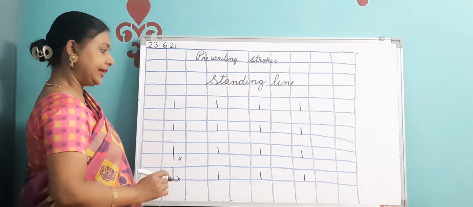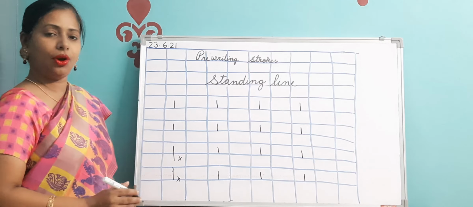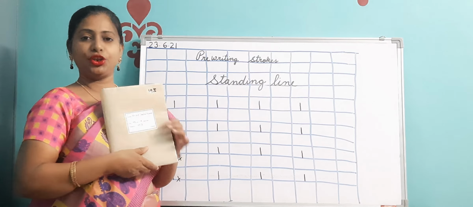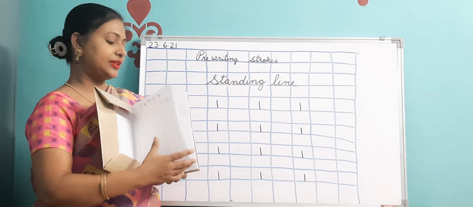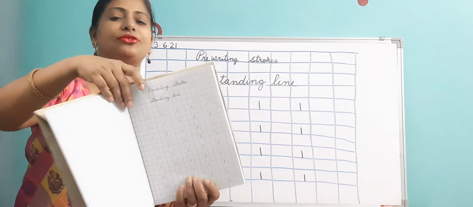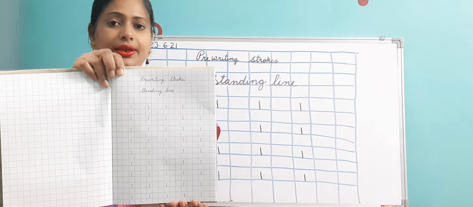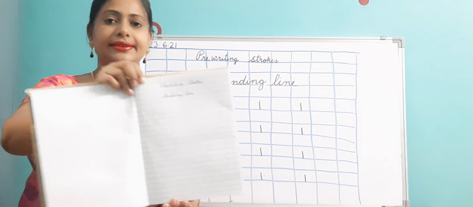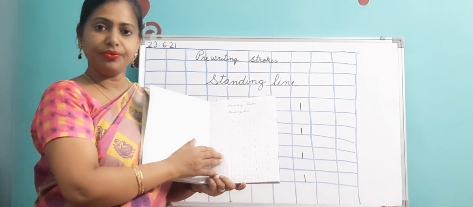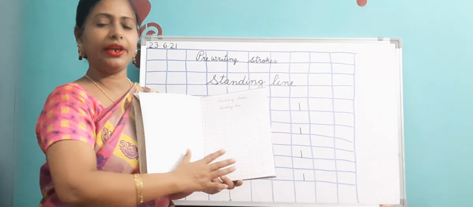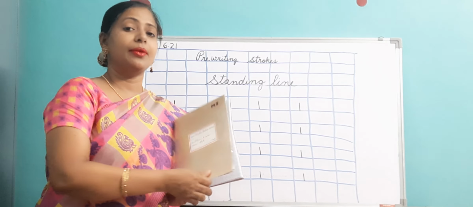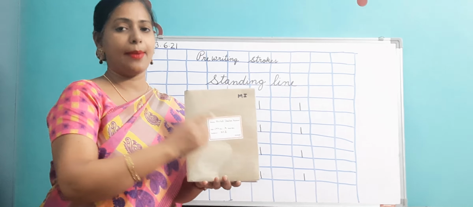Okay children, like this you are going to do this work in your which copy? M1 copy. Make a new copy, M1 copy, and in this you are going to do your work very neatly. Can you see this work Ma'am has written? Is it visible? Isn't it neat? I have written very neatly. I hope it is visible to you. Yes, children. So, in this way, you are going to write your work. You are going to do the work very neatly in your maths copy, your M1 copy.